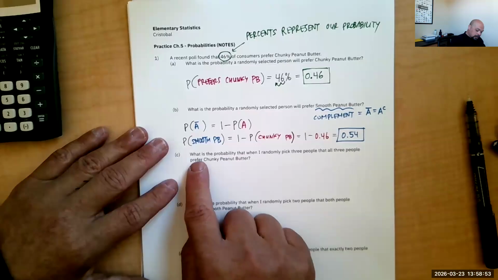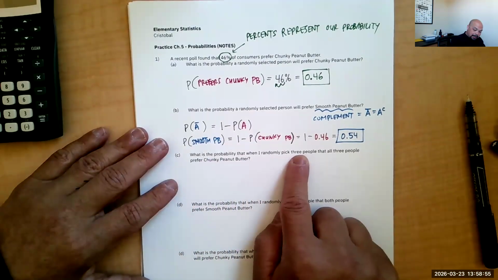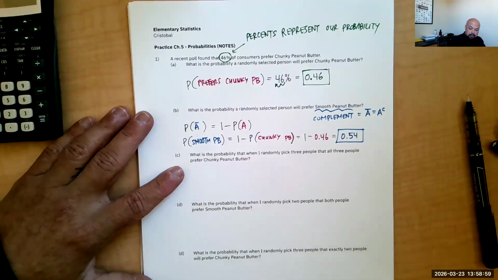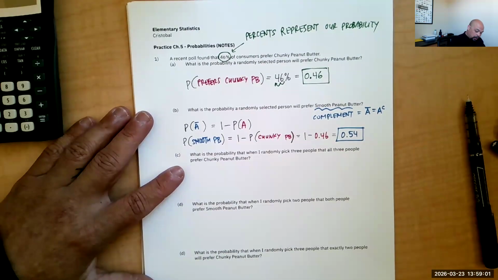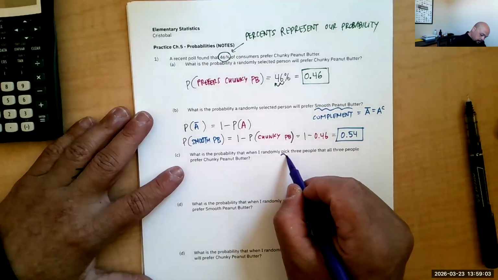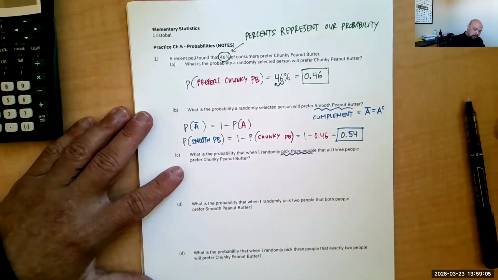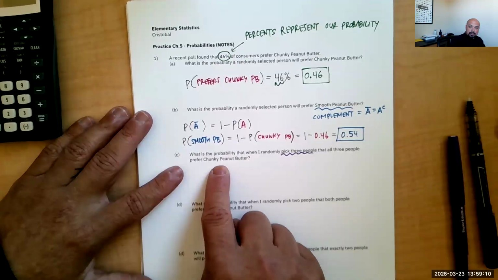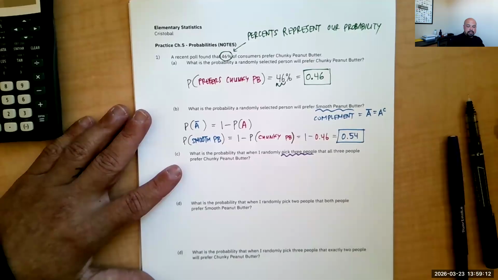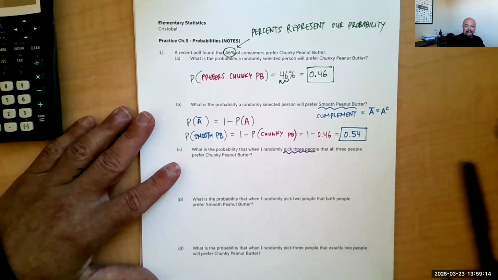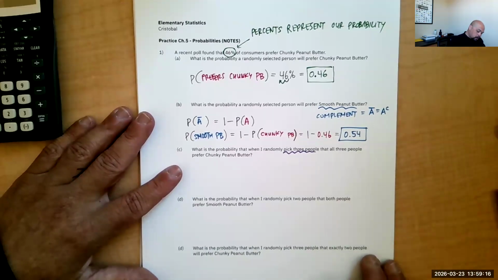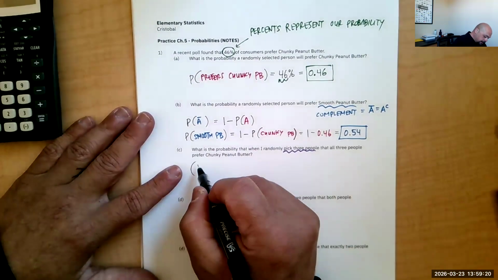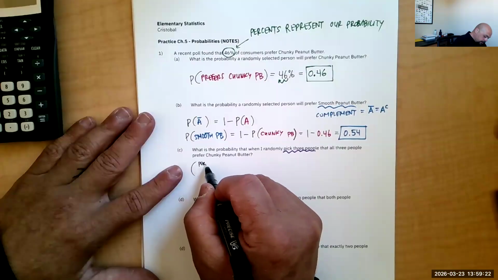So now, what's the probability that when I randomly pick 3 people, all 3 people prefer that chunky peanut butter, right? So in this case, we're going to pick 3 people, and we want to see that all 3 prefer chunky peanut butter. And we start to see this tying back into our statements with "and" and "or" from before. In this calculation, I want to see that the first person I pick, person 1,